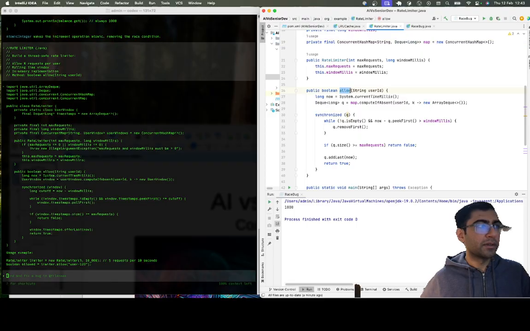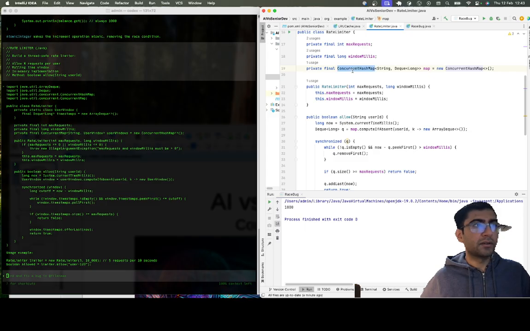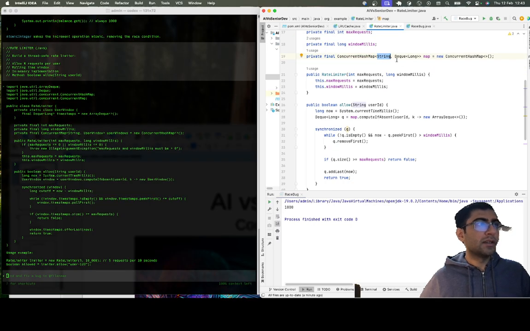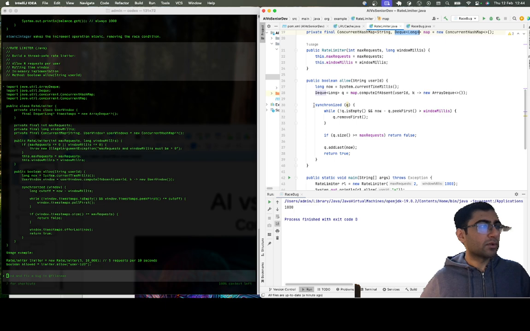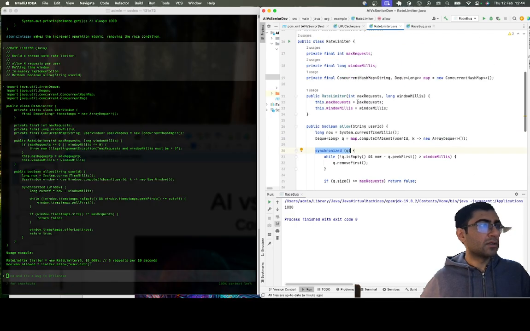And in the allow method, this is also a key thing, that even though the concurrent hash map handled the concurrency within the hash map for each bucket, the actual queue structure is also a separate structure in the heap memory. So you have to also be careful to have synchronization on that as well. So this is basically the solution. You have a concurrent hash map with a string to handle this per user, and then you have the deque